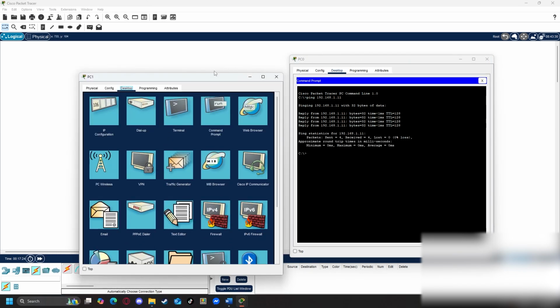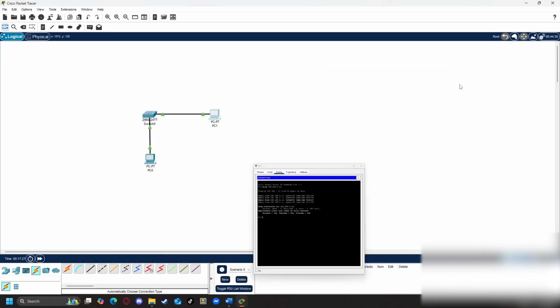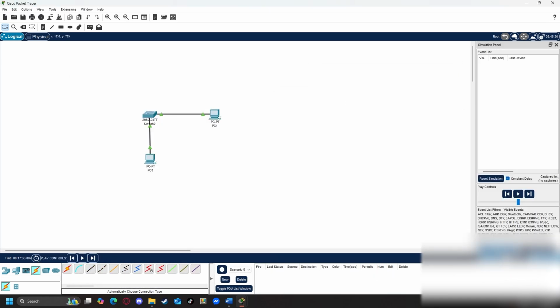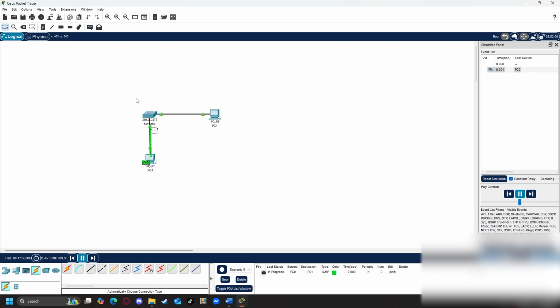Now, if you want to see this a little better, which I'll be honest, sometimes it is pretty cool, you can go to simulation over here. What simulation does is it allows you to actually check packets from one device to another. So I'm going to add a piece of mail to go there. We're going to play that. You can see it goes straight across. It's received by the switch. Then the switch is going to proceed to send that straight on to PC1.